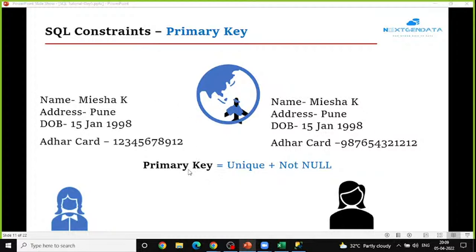Again, as I mentioned, the primary key should be unique and not null, and you cannot consider the Aadhaar card or PAN card as the primary key, because